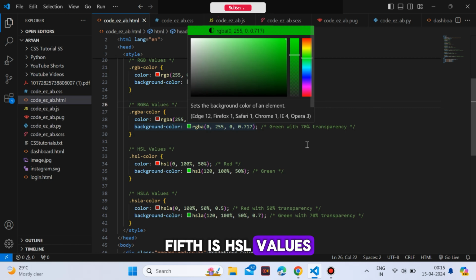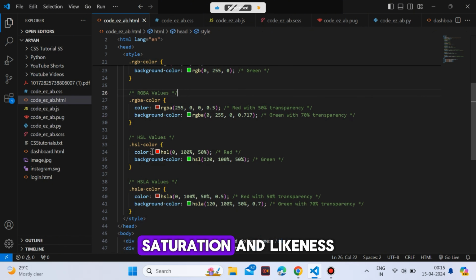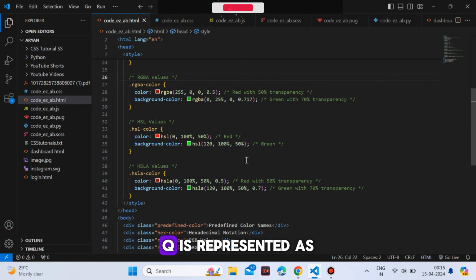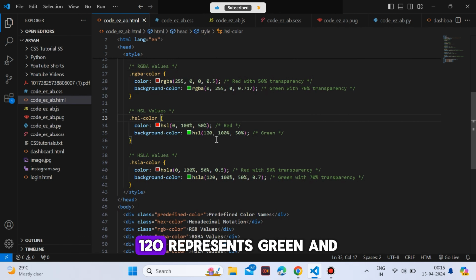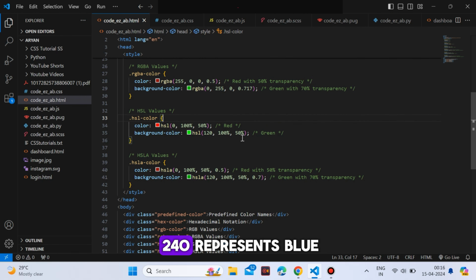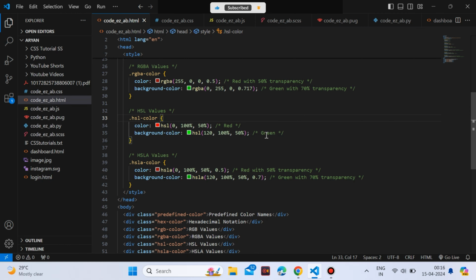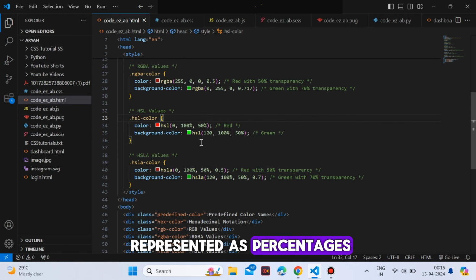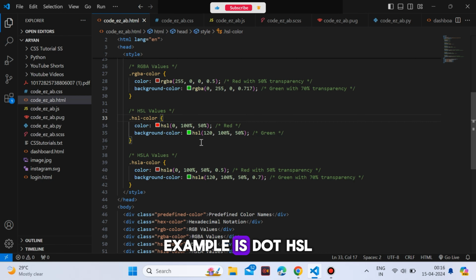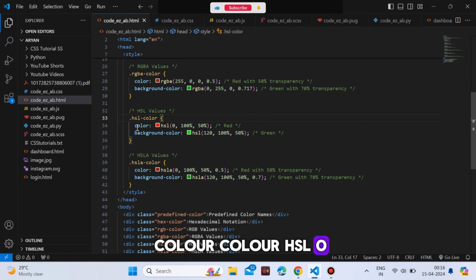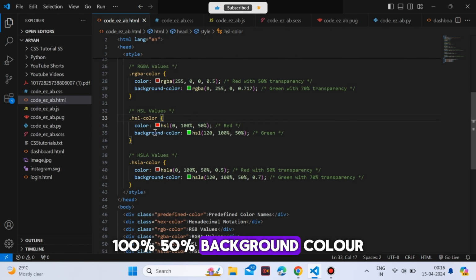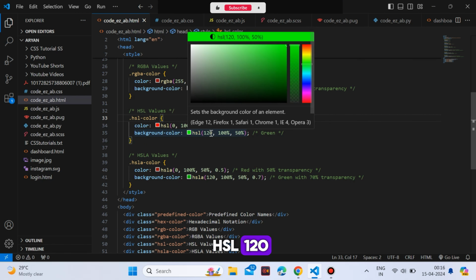Fifth is HSL values. HSL stands for hue, saturation, and lightness. Hue is represented as an angle from 0 to 360 degrees, where 0 and 360 represent red, 120 represents green, and 240 represents blue. Saturation and lightness are represented as percentages. Example: .hsl-color { color: hsl(0, 100%, 50%); background-color: hsl(120, 100%, 50%); }